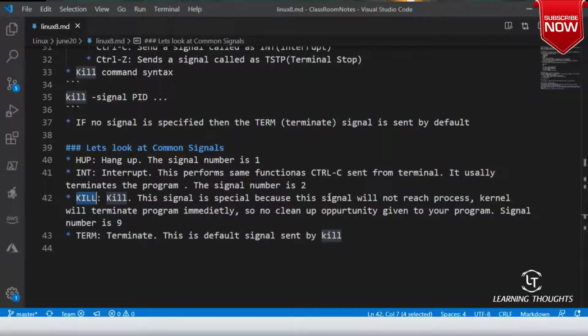Kill crashes the process. Let us assume there is some virus program. You don't want it to clean up, so you use a kill signal. The kill signal will try to remove or stop the process at the operating system level, not by communicating with the process. I defined a signal as a way of communicating from your operating system to a process. But if you use a signal called kill, no communication is done. Immediately your process will be cleaned up. Am I clear on that, sir?